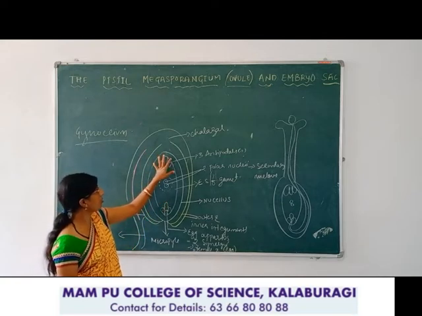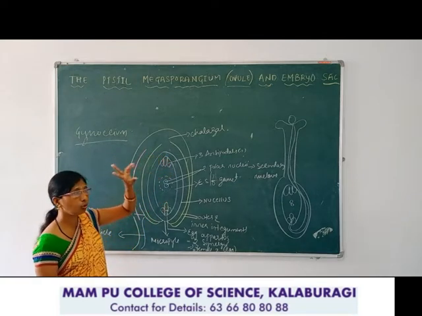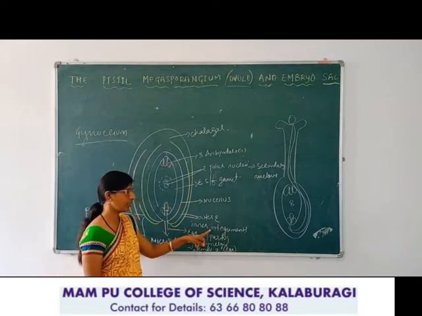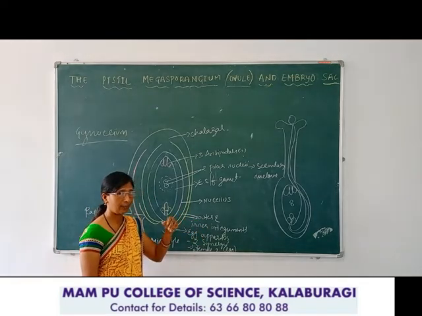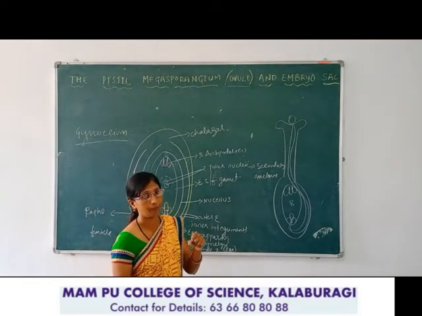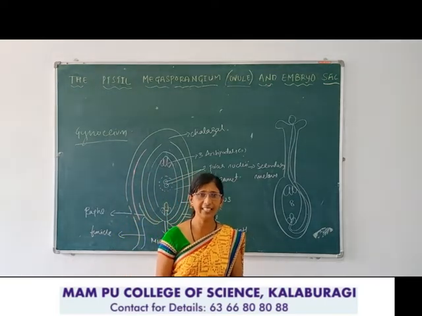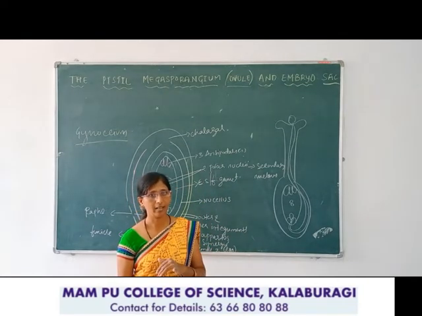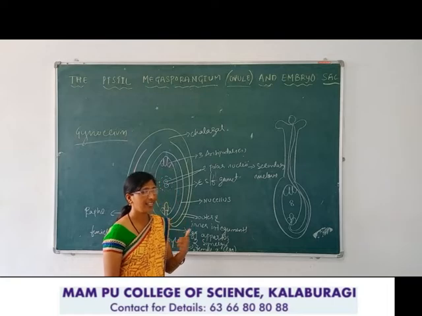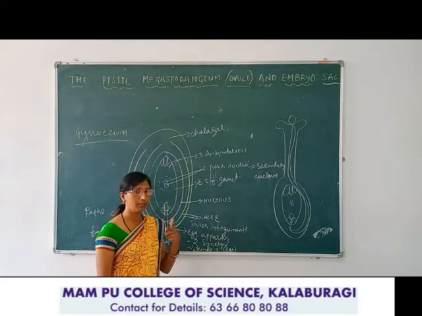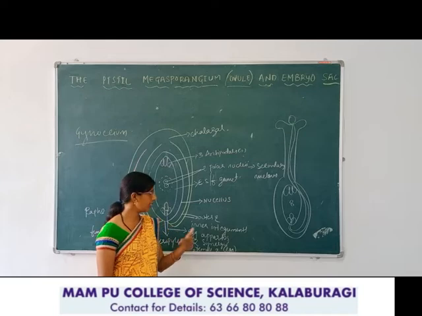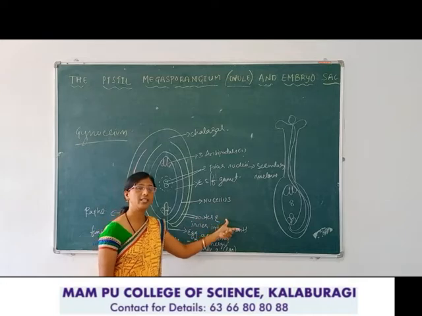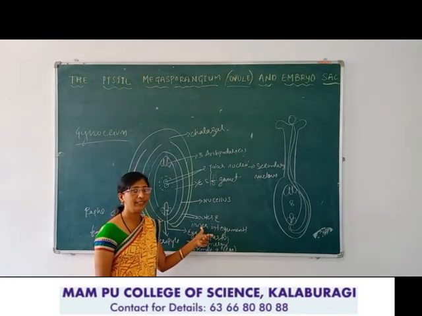The next, this nucellus is surrounded by 2 layers, called the outer and inner integuments. We already studied this in the first year and also in the second year. The seed is surrounded by a seed coat, outer and inner. The outer is called the testa and the inner is called the tegmen. How does the formation take place? After fertilization the ovule becomes the seed. So the seed coat is nothing but the outer integument and the inner integument. The outer integument forms the testa and the inner integument forms the tegmen.